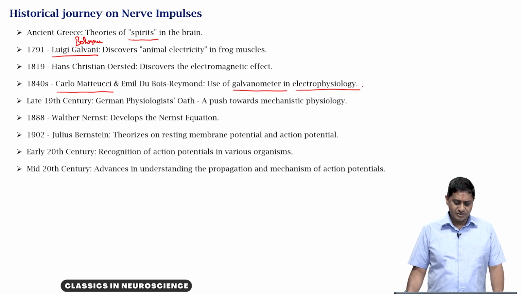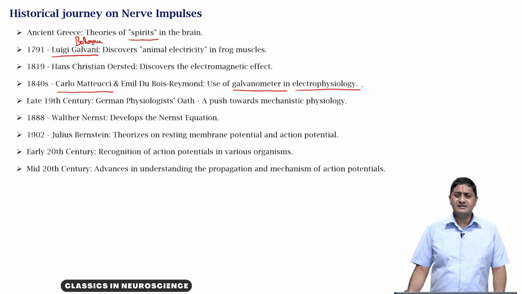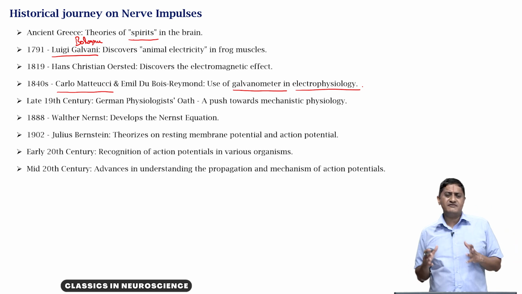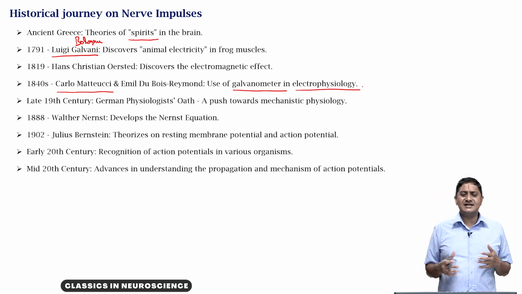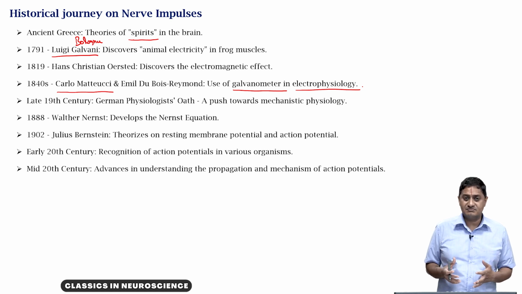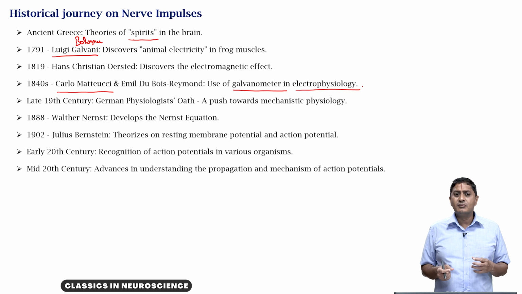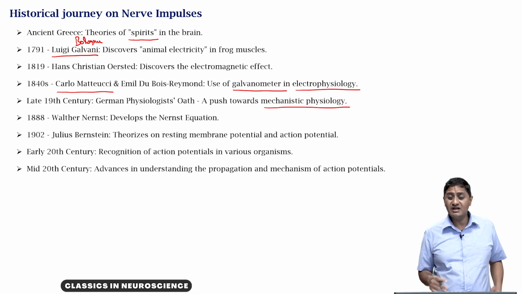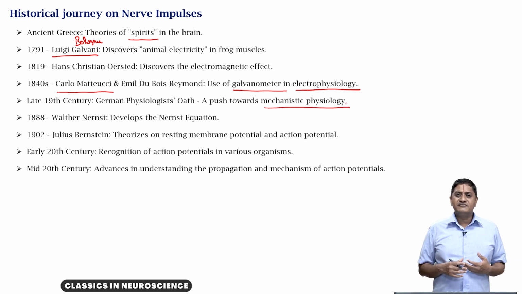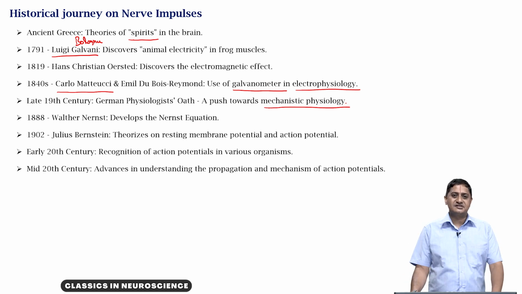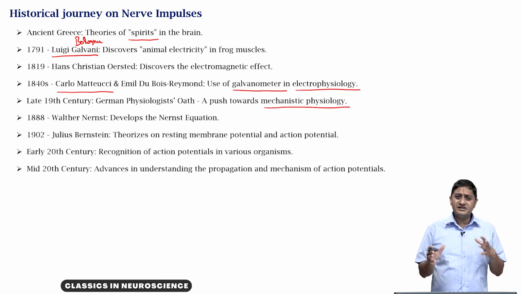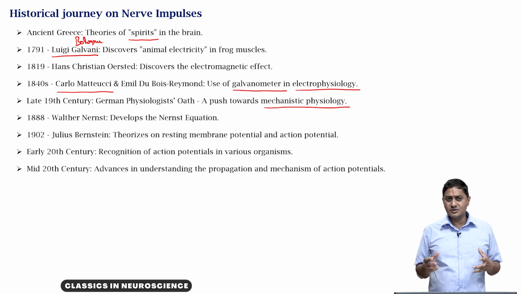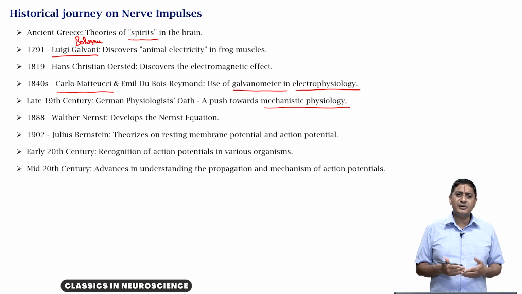And in the late 19th century, a large number of German physiologists decided that they would push to make physiology a basic science, similar to physics or chemistry, with a more detailed and mechanistic description of physiology. They were keen on making physiology the physics of the biological system. In other words, they were interested in making physiology so good and so explanatory that it can be compared with physics.